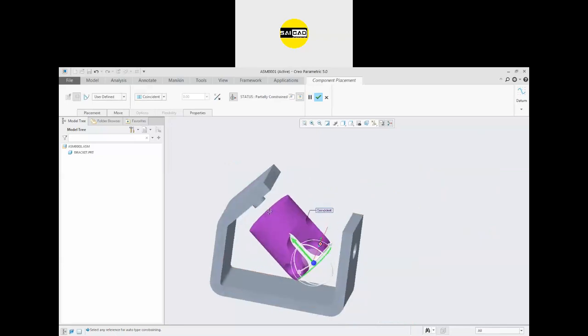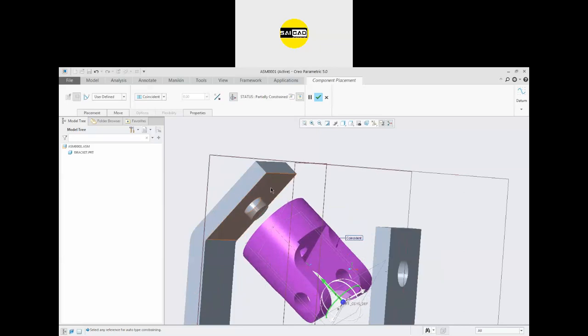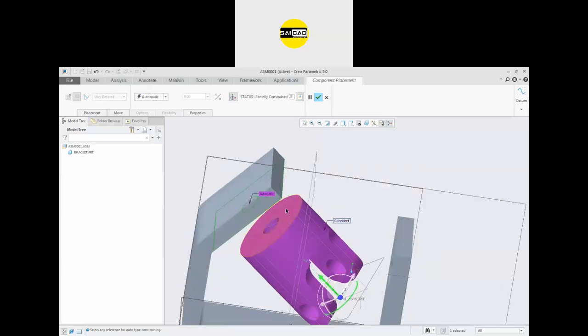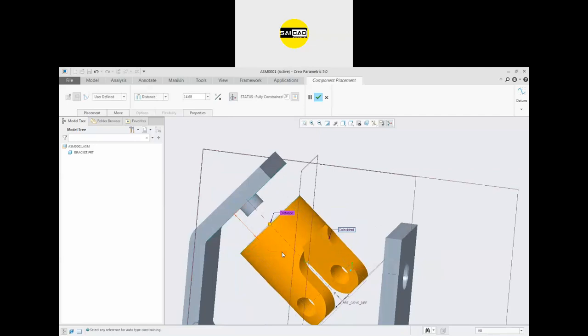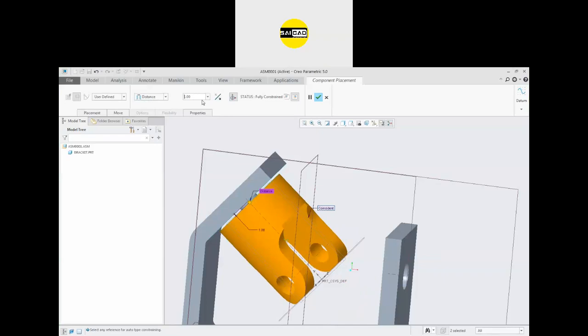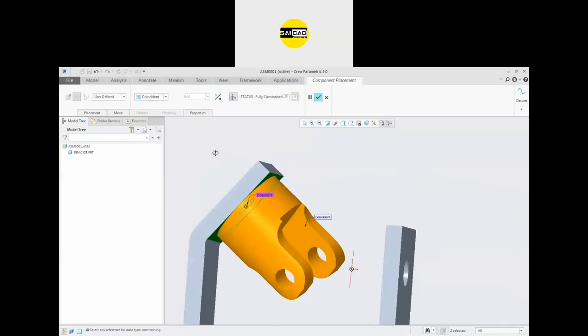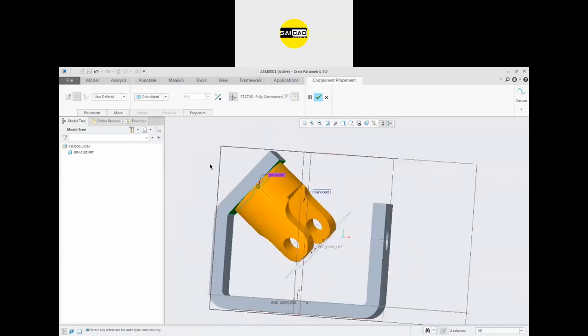After that, I just want to make it fixed somewhere on this face. So select two faces, and here you can see a value is defined because the constraint that is defined automatically is distance, and from the distance you can specify some value like that. If you want to make it constant, just use the relation from here that is constant, and there will be no gap between the two surfaces.